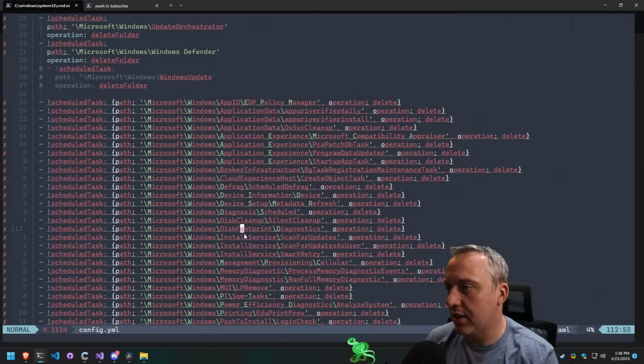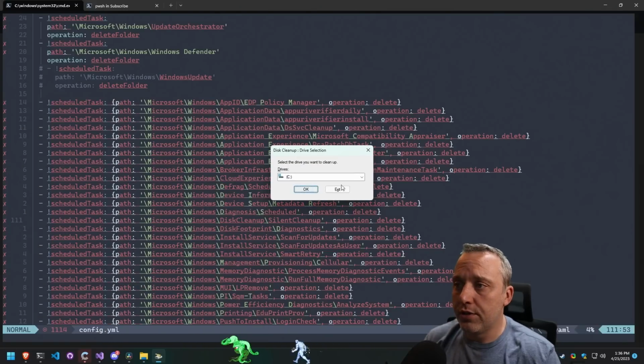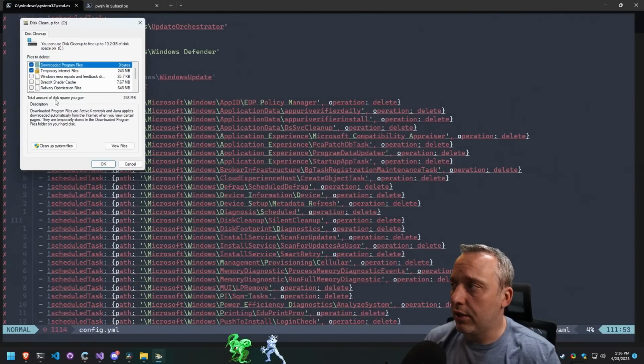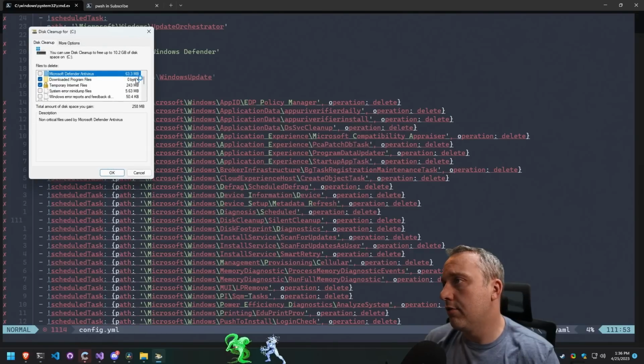I'm fine with silent disk cleanup. Disk cleanup's a decent tool. I like actually running it. So if you want to disk cleanup, just run it. It does a good job. I usually just say clean up system files, and then from system files you would grab whatever it was you